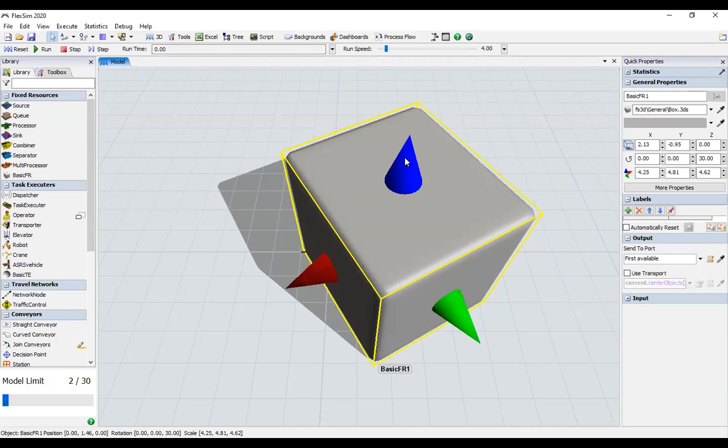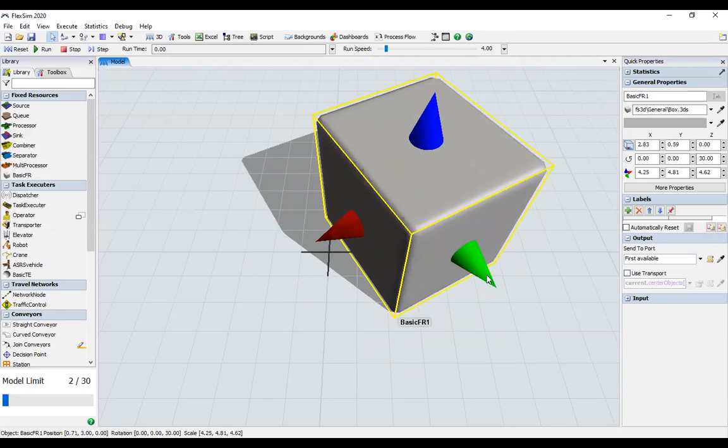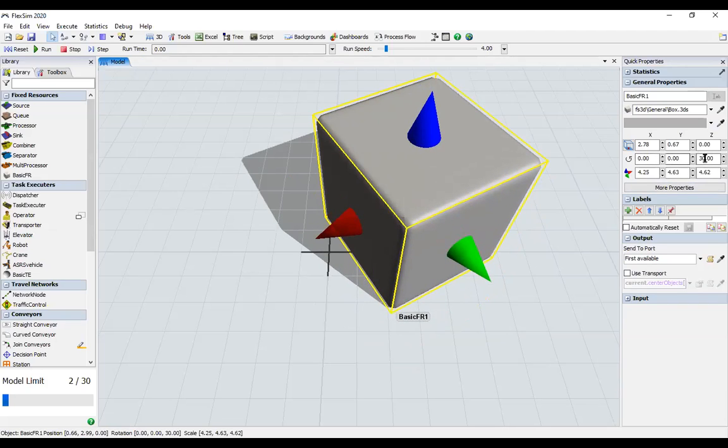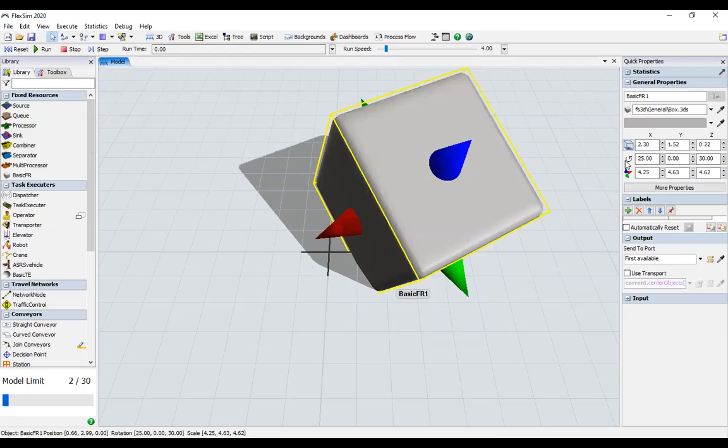So by using this model, suppose I want to rotate 30 with respect to the z axis, or I want to apply the translation with respect to x and y, or apply all three.